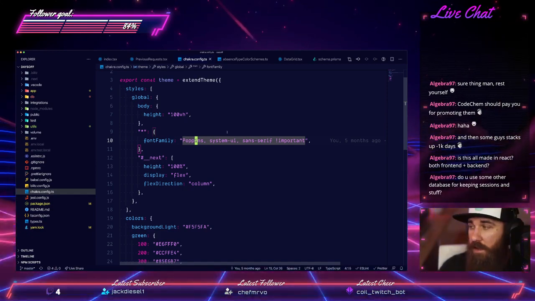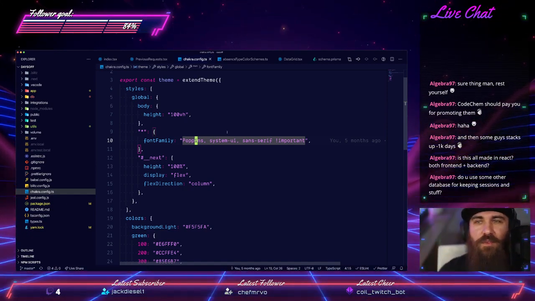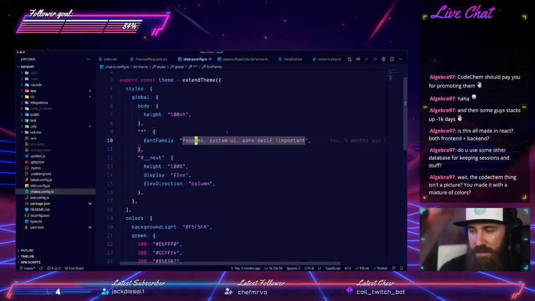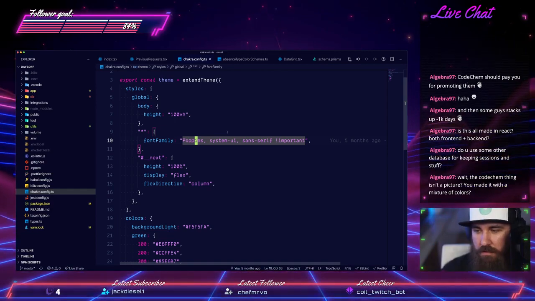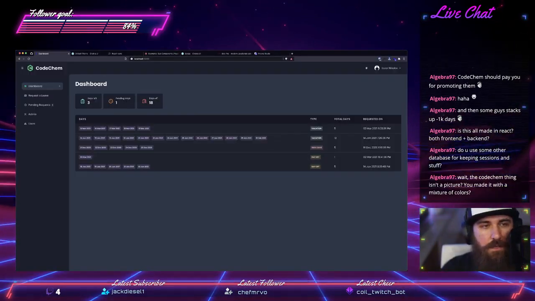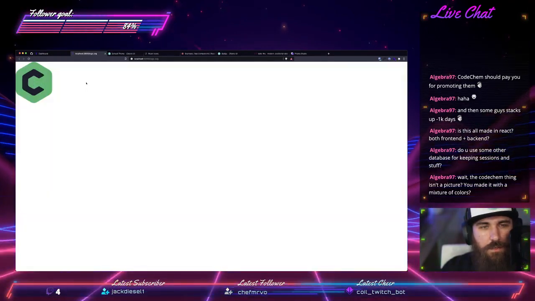So yeah, I also have like 3 or 4 more pet projects that I like to try to build. The Code Chem logo isn't a picture. You made it with a mixture of colors. No, it is an SVG, right? It's an SVG,